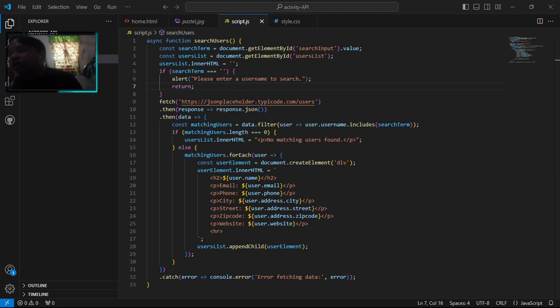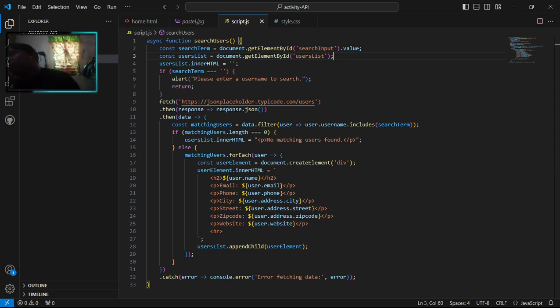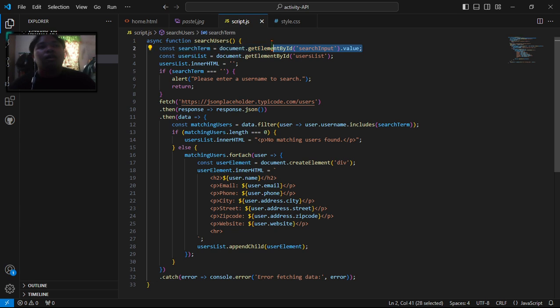This line retrieves the value entered by the user in the input field with that ID. This is the search term, so that you can search by username.